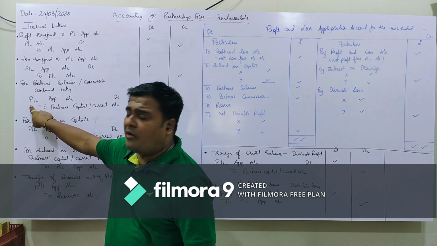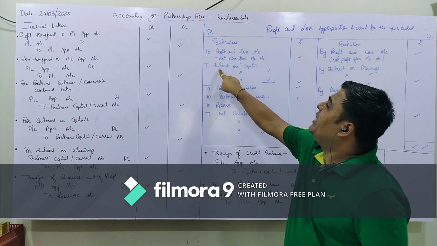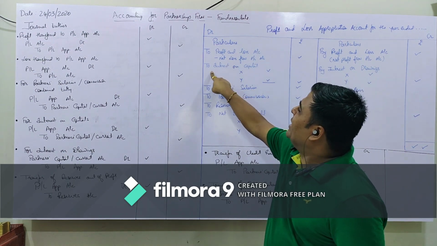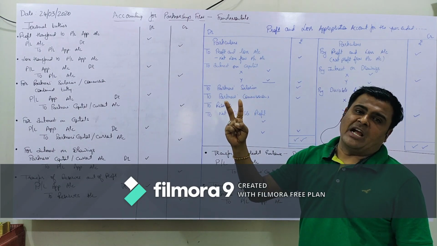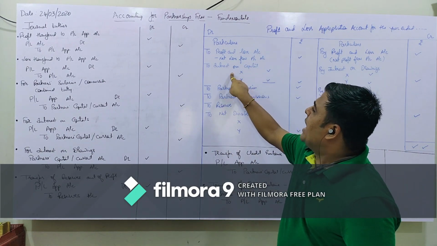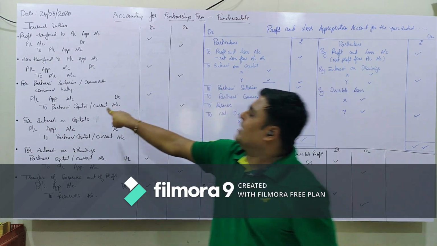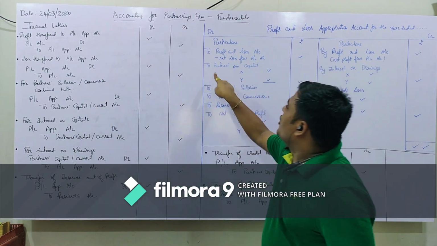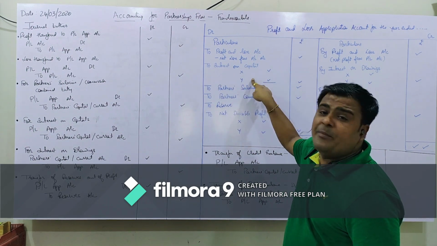On the debit side of profit and loss account, we have to interest on capital. Here I have written interest on capital. We can also write partners capital account. Instead of using two times partners capital account, I have written interest on capital, and below that X and Y, partner X and partner Y. If you are passing this combined entry, then here you have to write to X capital account, to Y capital account.